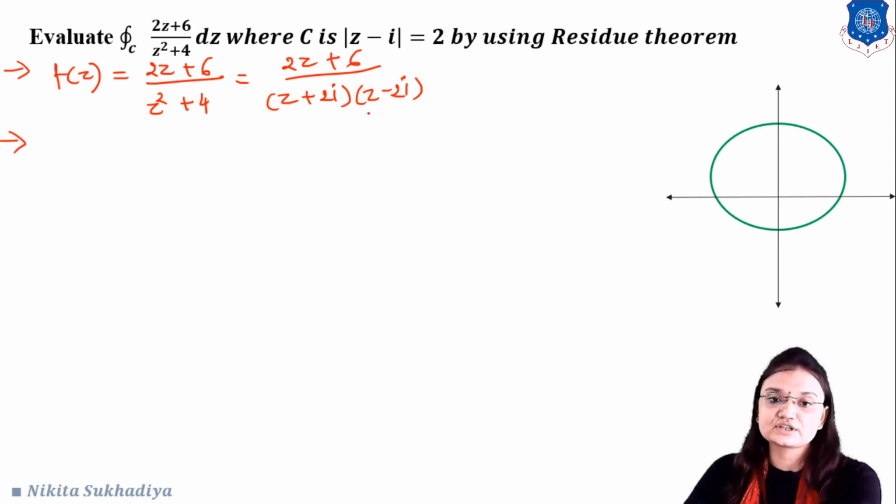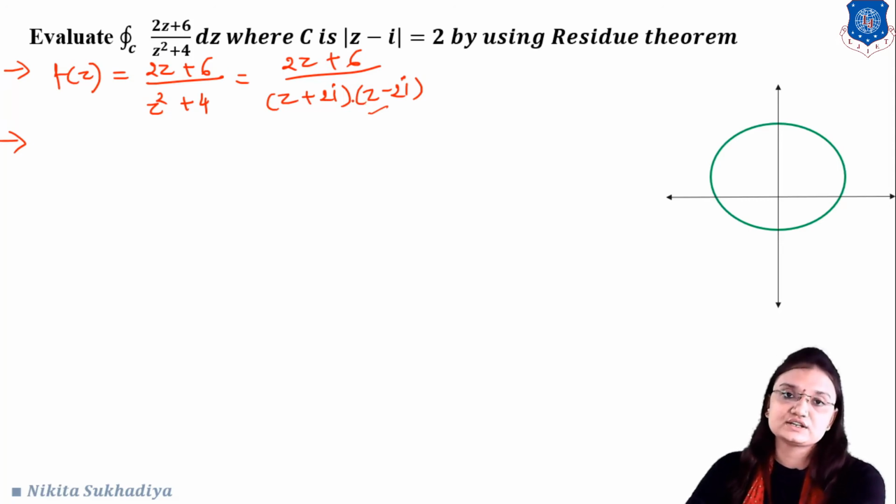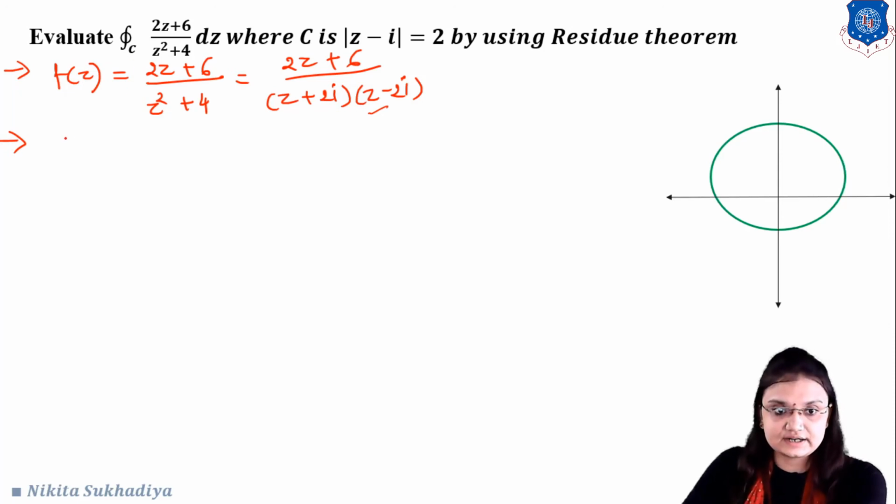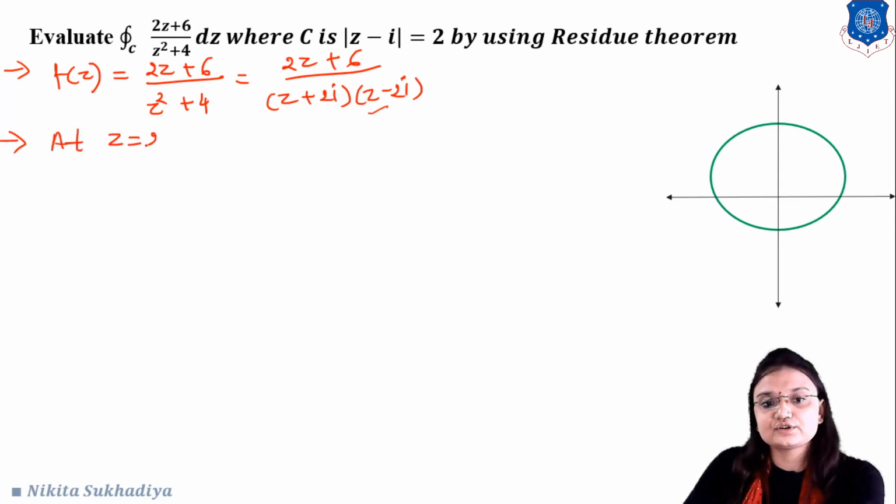Again, the same condition for this. If we put z equal to plus 2i, again we will get f of z as infinite, so we cannot differentiate it. So at z equal to plus 2i, our function f of z is not a differentiable function. So we can say that our function f of z at the z equal to 2i point is not an analytic function. So we can say that at z equal to plus 2i and minus 2i, our function f of z is not an analytic function.